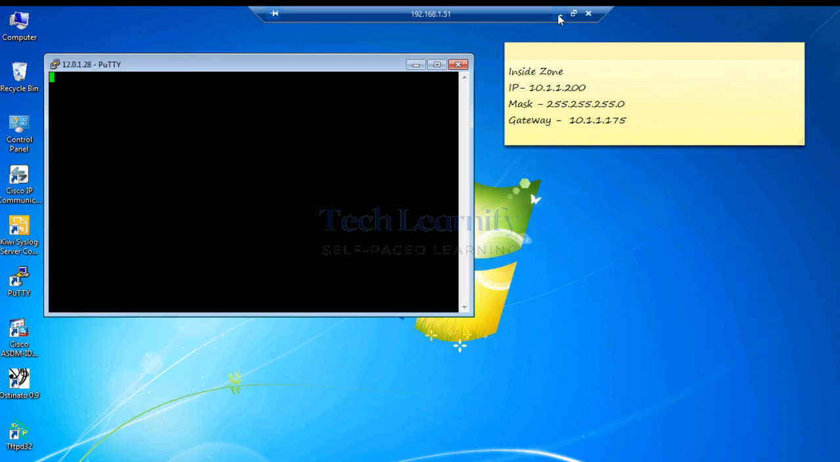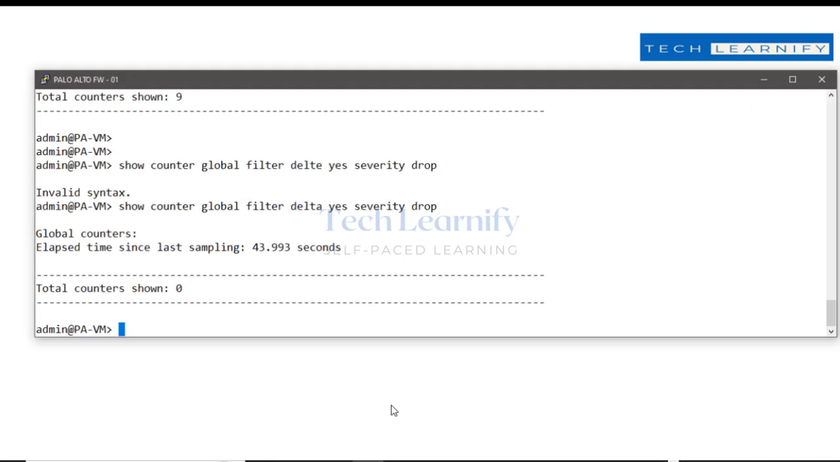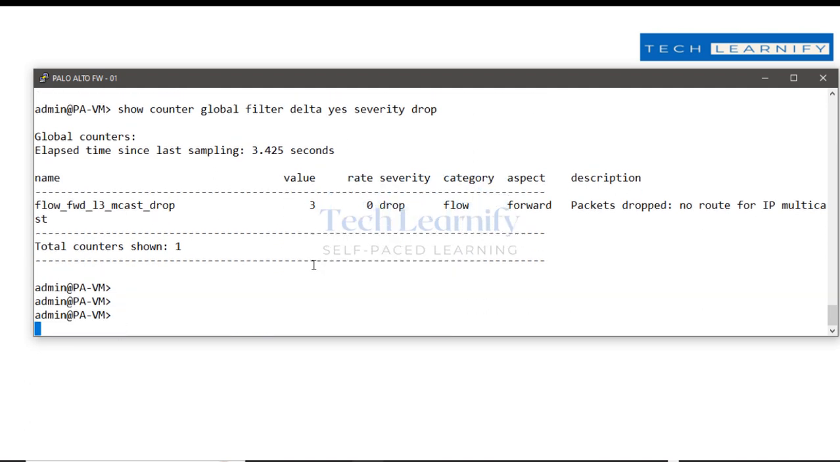Packet debug is on already. So flow policy, no forwarding, session setup, no destination zone for forwarding, no route for IP multicast. All right, so